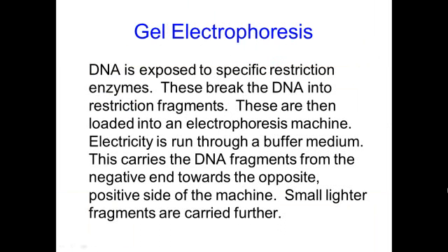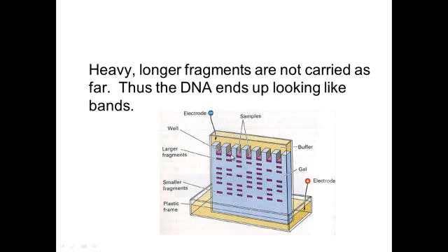Okay, so let's go back through that electrophoresis so you can see exactly, again, what that person on the video told you that they did. First, in this case, the gel is an upright gel as opposed to one that was laying down, but they're basically the same. You load the DNA samples into the wells of the gel. You turn on the electricity, and the DNA is negatively charged, so it's going to run towards the positive pole. Positives and negatives attract each other.